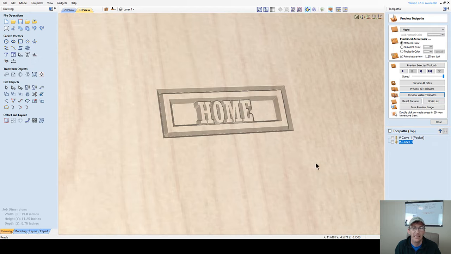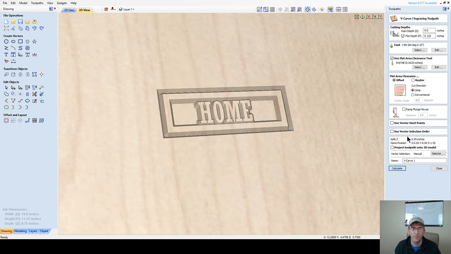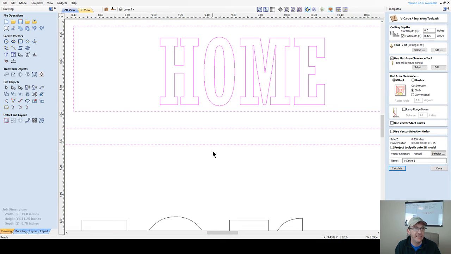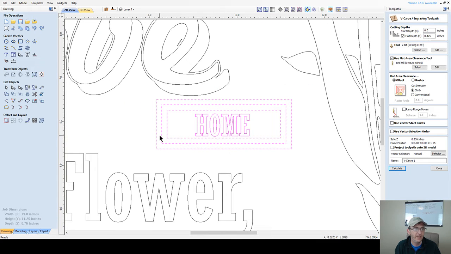Now if I turned around and opened this toolpath back up, and deselected one of my lines, I'll just do the outer line, now I'm completely changing it up. Now I'm carving between these two lines, leaving this area uncarved, and then carving between these two lines. So it's kind of skipping every other set. So if I were to calculate this now,